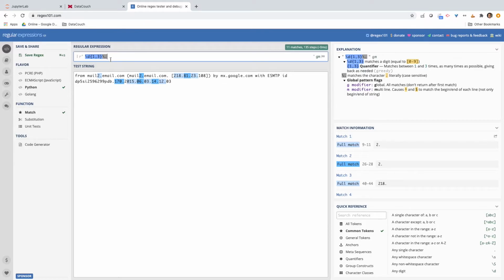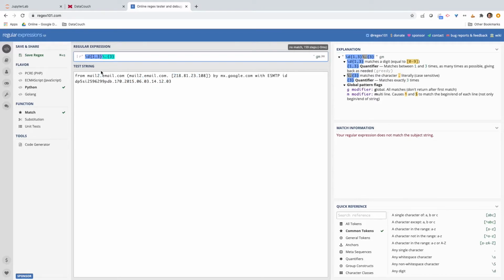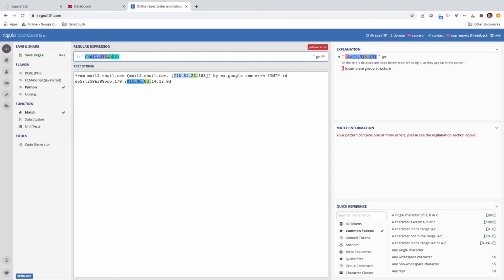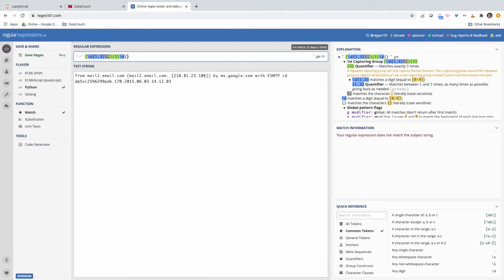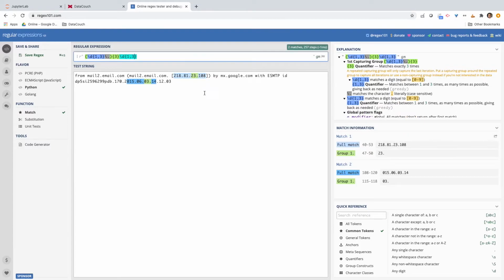So that's why I'm using \. And after that, I want this pattern to repeat 3 times: digits of length 1 to 3 and a dot, three times. Now we have the last one left, so I will write \d again, with length 1 to 3. You can see I'm able to highlight my IP address using this regular expression.